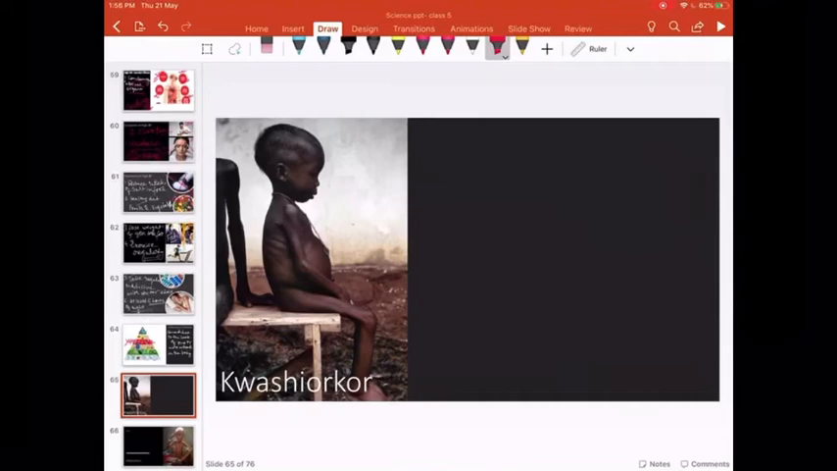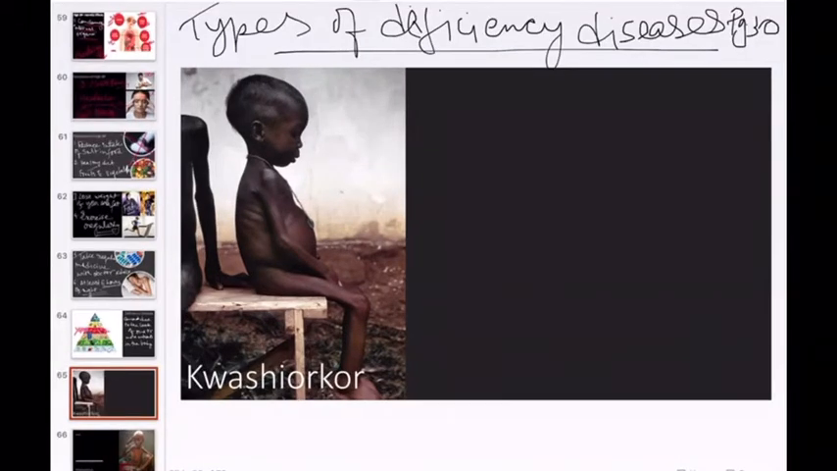So there are various kinds of diseases which are caused by the deficiency of nutrients. You'll have to learn this chart by heart. First disease is kwashiorkor. Kwashiorkor is a situation where